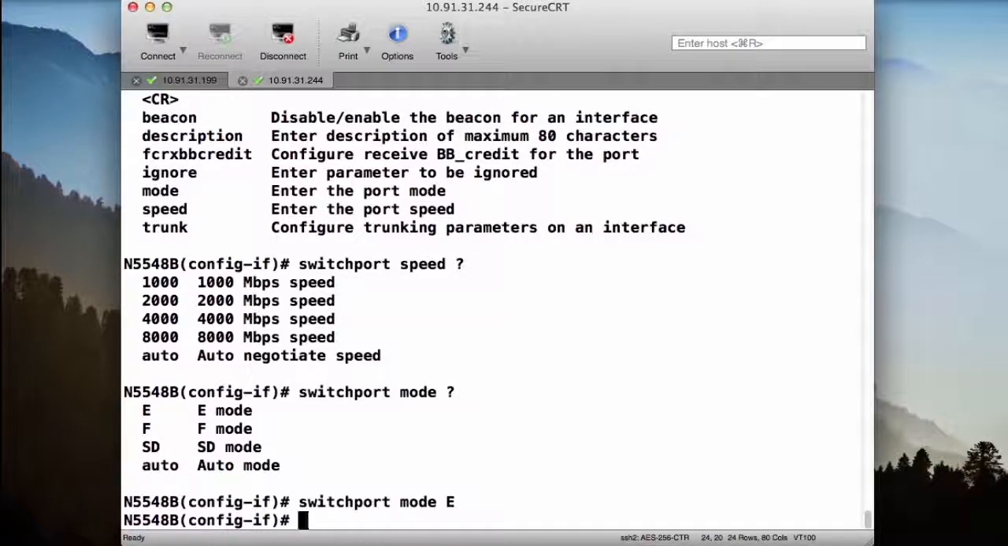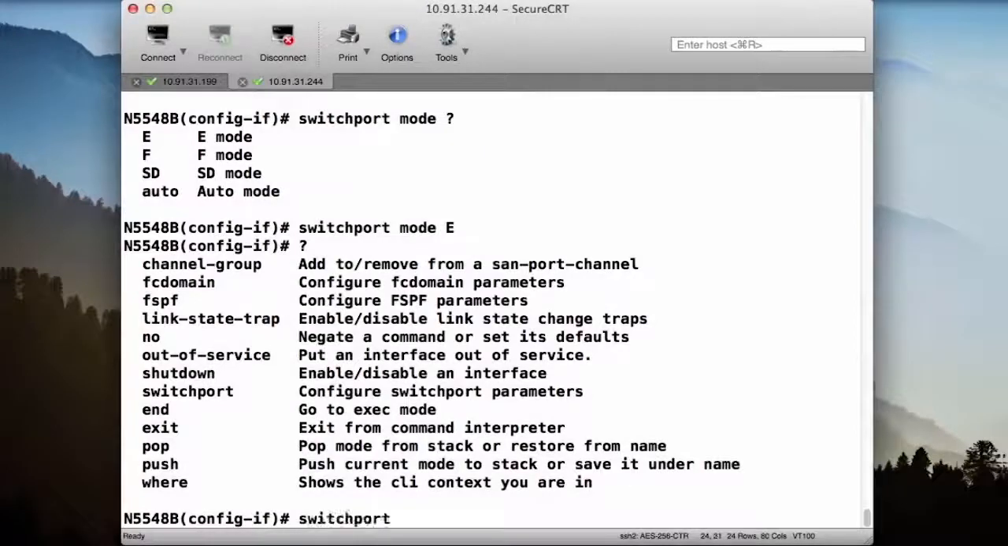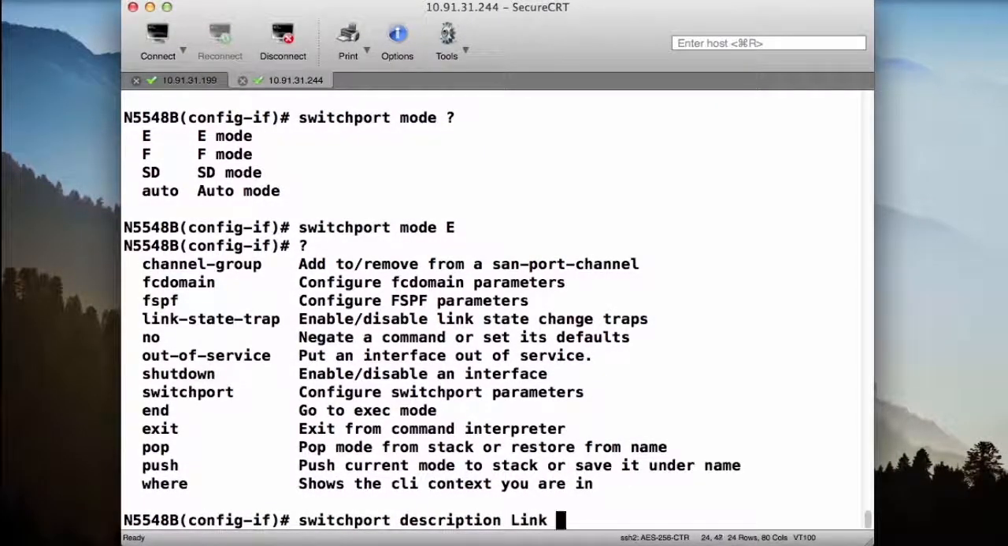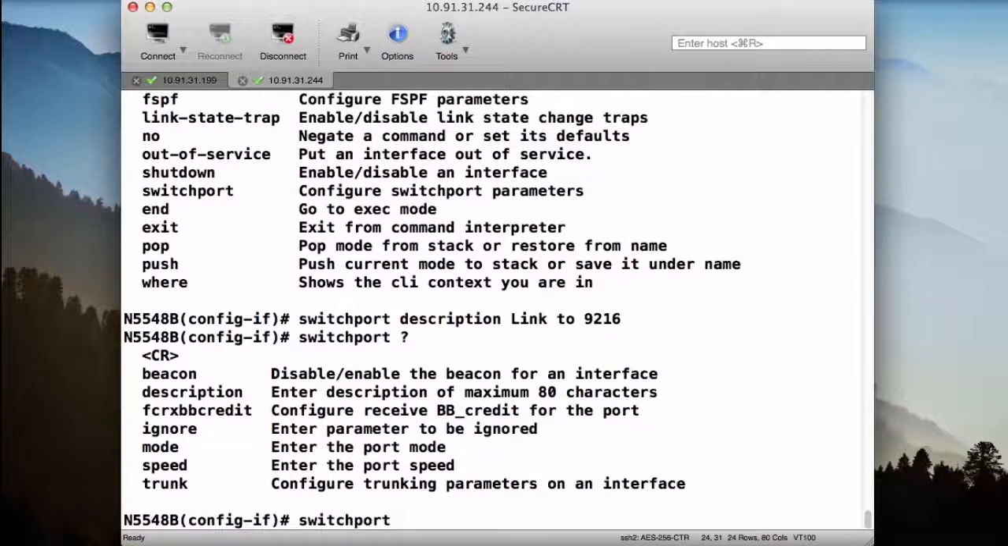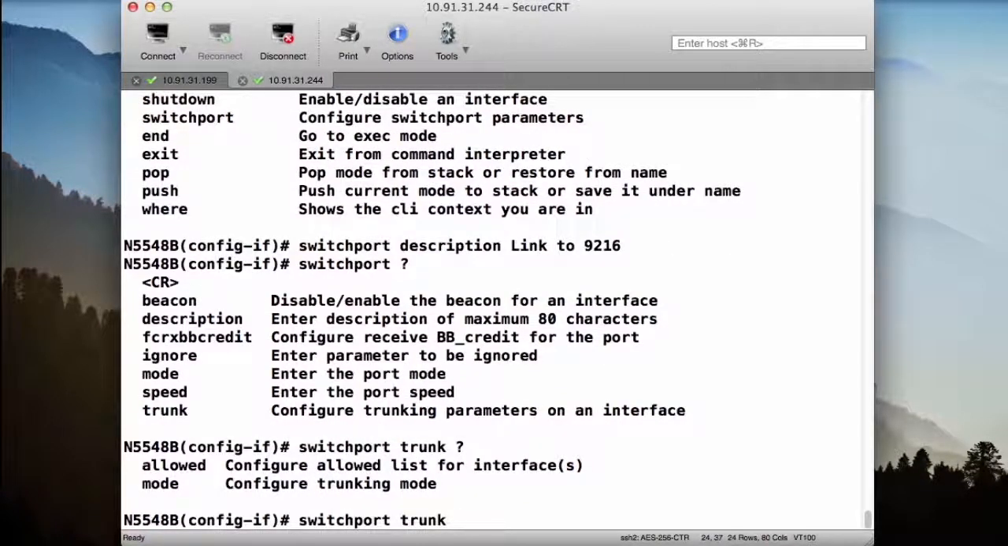Now, with this interface, I can go ahead and set a description. I do that by typing switchport description and give it a name: Link to 9216. I can also make sure that I have trunking enabled on this port by saying switchport trunk,